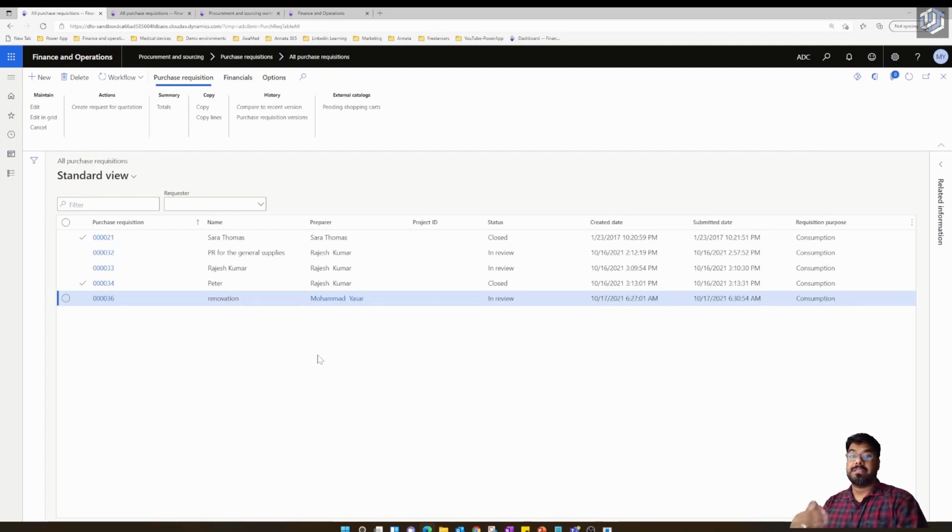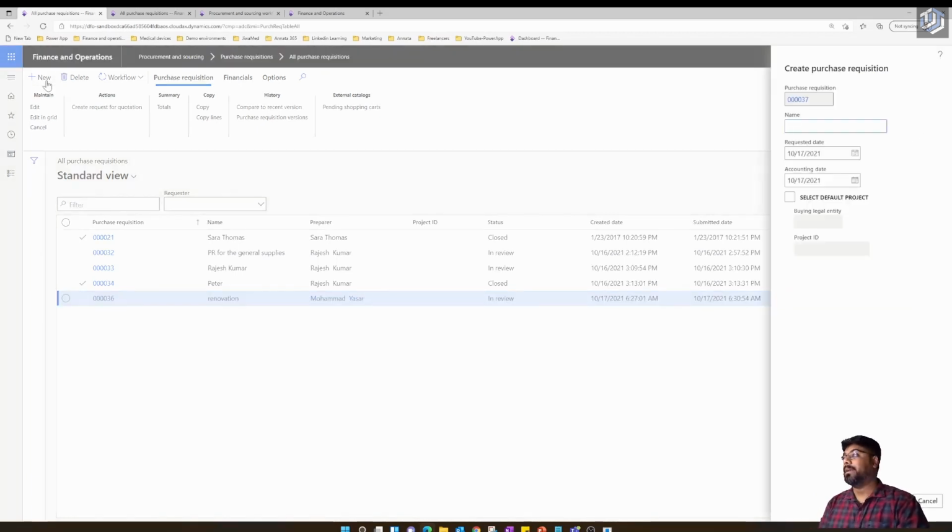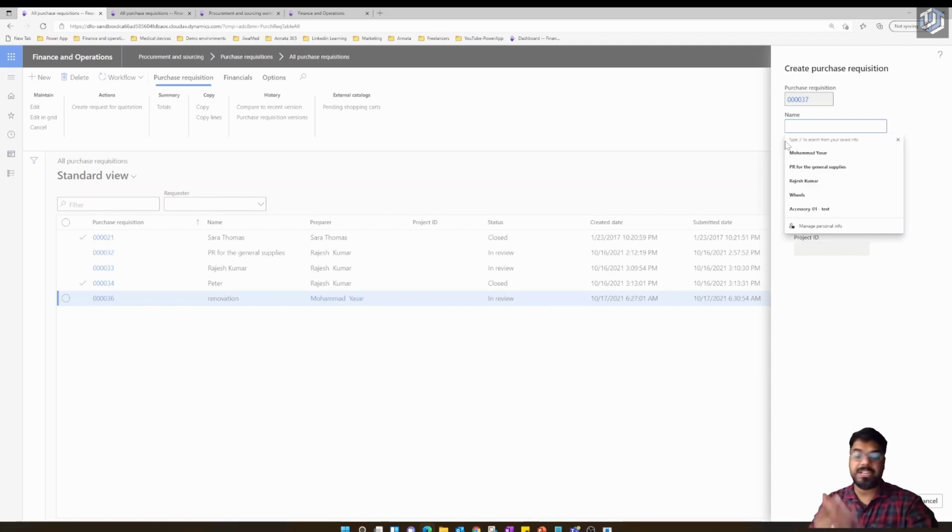Okay, so now let's get started with our first purchase requisition creation. The new button is enabled. That's because we have linked our user to the employee as we did in the previous episode, and we already created a purchase requisition workflow as well. Okay, so now let's get started with the purchase requisition. Click on the new button, and I'm creating a purchase requisition for a general supplier. So PR for